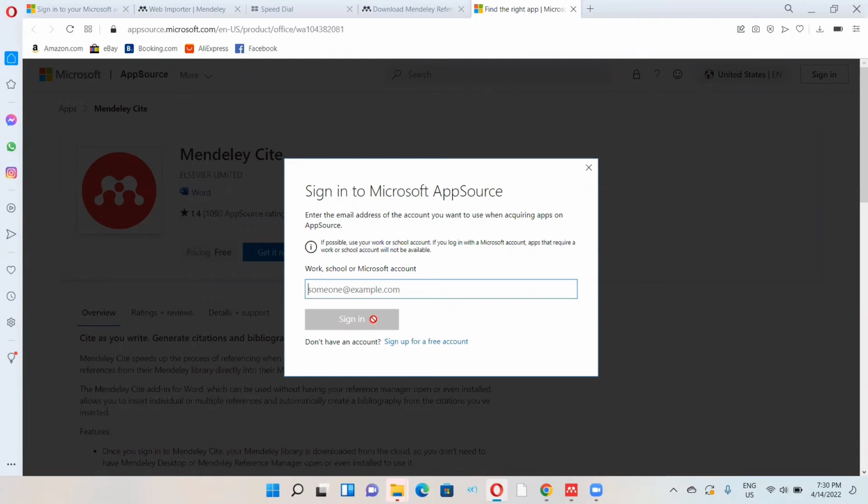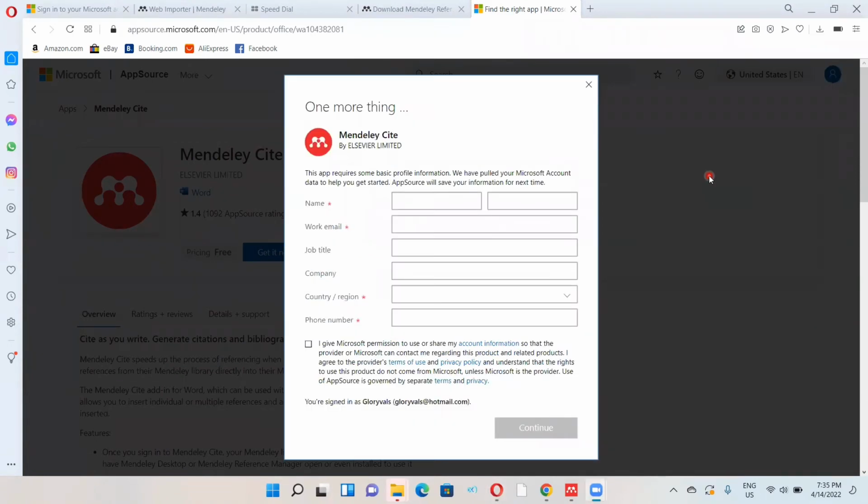But if you don't have an account, you can sign up for a free account. It's free. So I already have an account. I will type in my correct email here and then click on the sign in. After signing in with your correct user name and password, or if you did not have it, you create a